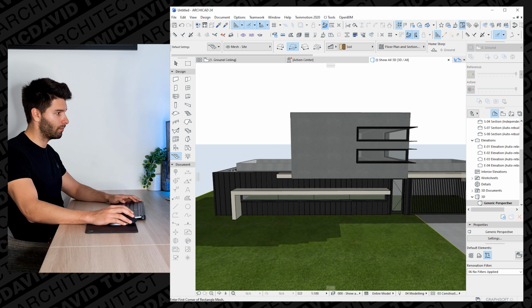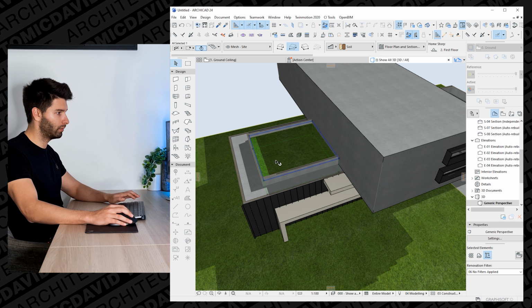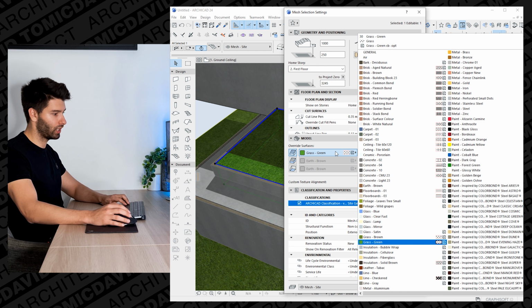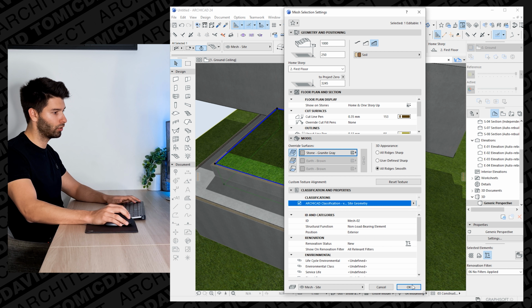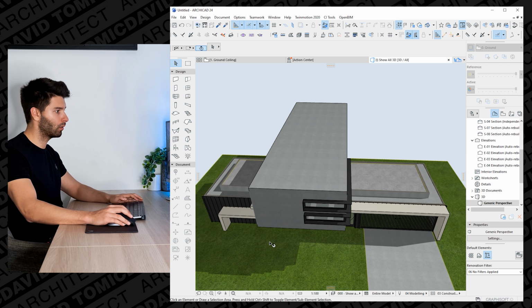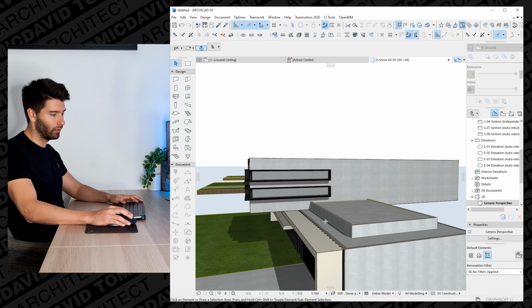So going into our mesh tool and just simply drawing a little bit of earth in there. If I drag that up, and let's just change that to a stone granite gray, duplicating that on that side, and let's just drop that 50 mil. So in reality, what it would be is a flat concrete roof, a little bit of an upstand on this side,